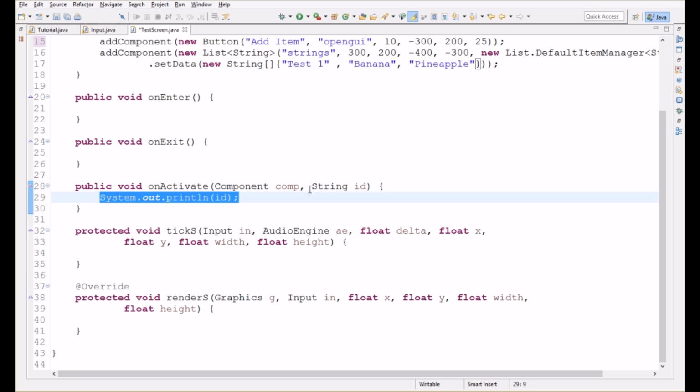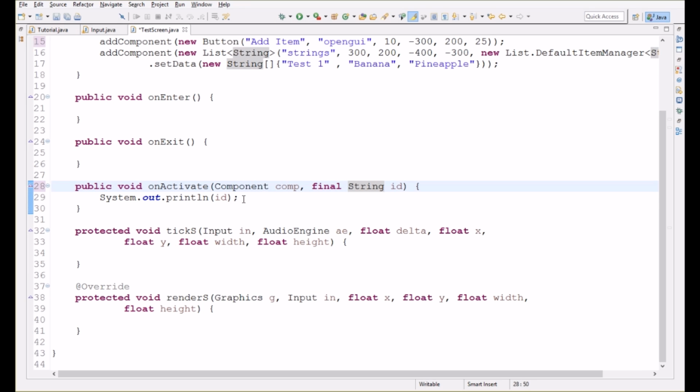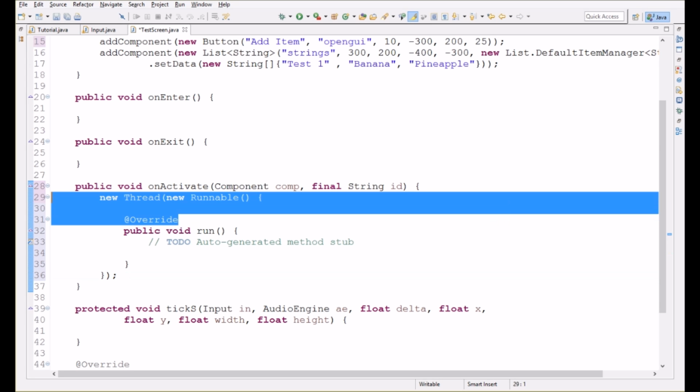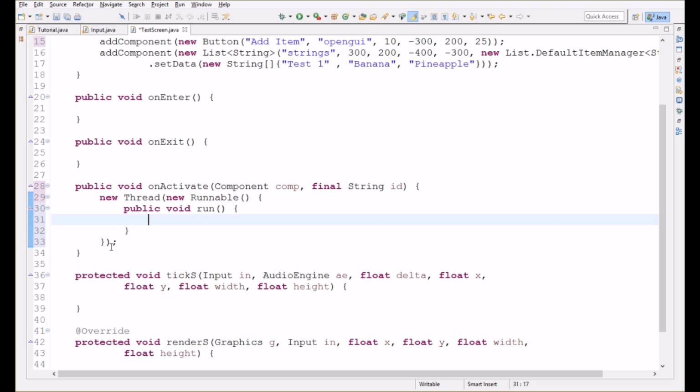So we want to set string to final, because we're actually going to want to launch a new thread if we're going to create, okay, so now that we have this, we have to actually start the thread. So if id dot equals open GUI